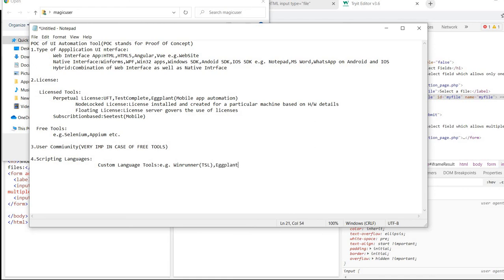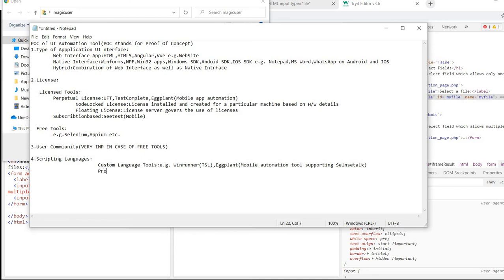Eggplant is a mobile automation tool supporting SenseTalk. SenseTalk is their language, a custom language designed to be used with Eggplant. Custom language tools.